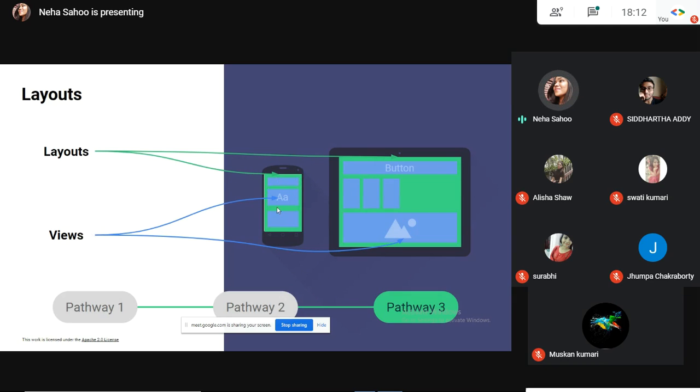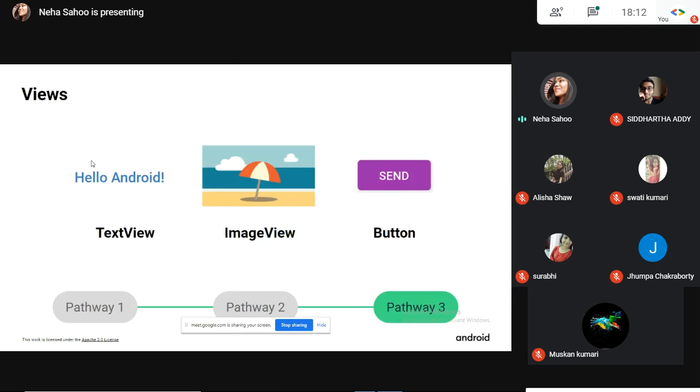So I hope that I made this clear. You can use layouts and view groups interchangeably, you can use either term. Having said that, then we have views. We have already talked about it. We have a text view here, that is Hello Android. Then we have an image view here, which is a picture, and then we have a button here. Buttons are basically clickable items, and when you click on them, they will do something, right? And if you are familiar with HTML, you must have worked with onClick listener, which would respond when someone clicks. We will also be working with onClick listener.